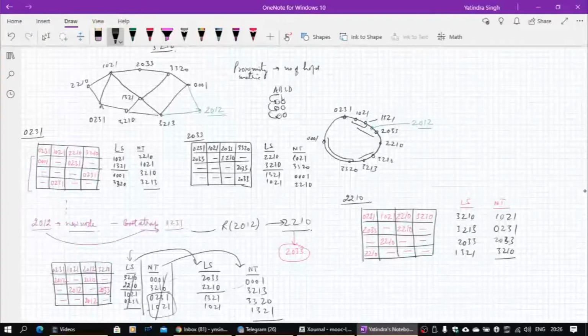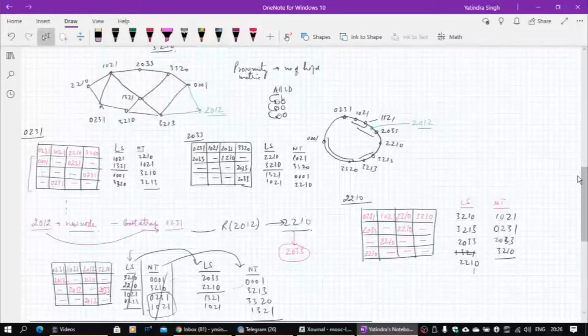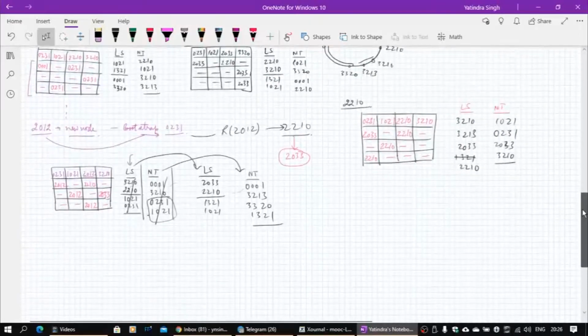and these guys will also get updated, so they also need to update. So for example 2210 will come to know of this thing, so it will update its leaf set. So 1321 will be gone and you will have 2210 now coming in. Okay, similarly the neighbor table will also get updated. For 2210 of course it won't make a difference, but this change will happen at all the nodes consequently. And that's how the routing tables will keep on updating and keep on remaining in optimal position.